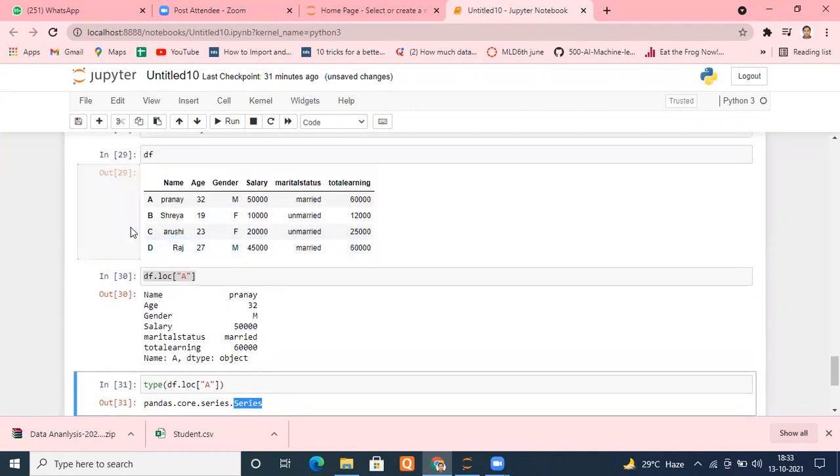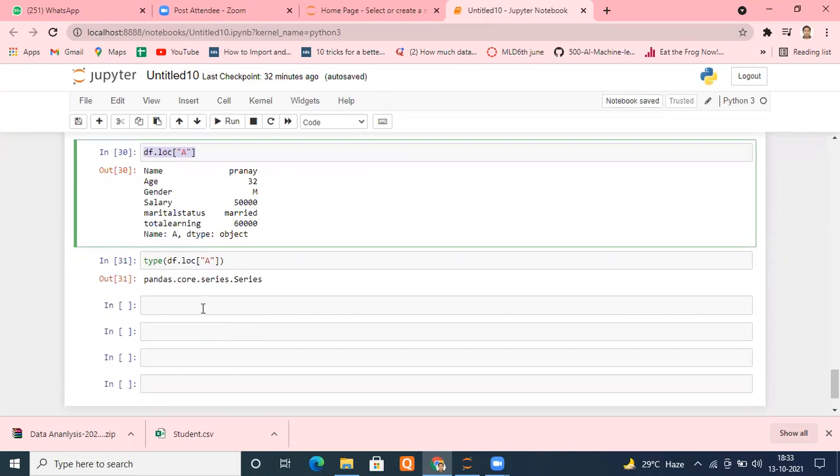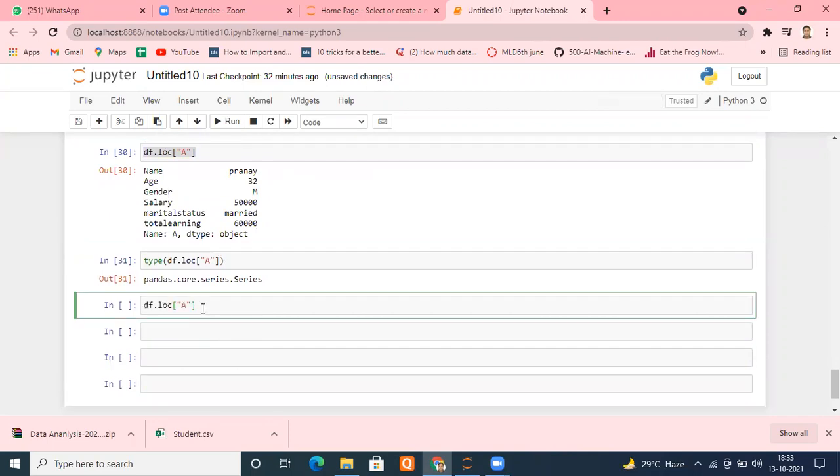Suppose I want to access this time row number B and D, more than one. I just told you I need to access more than one now. What should I do? Instead of one, I want to apply the same operation on two or more than one at least. What should I do?